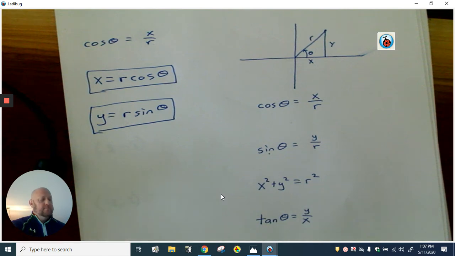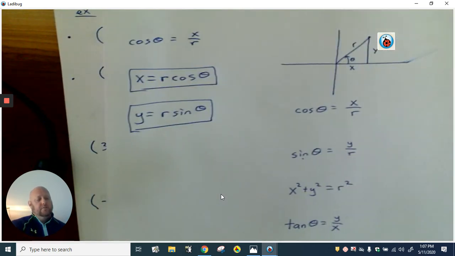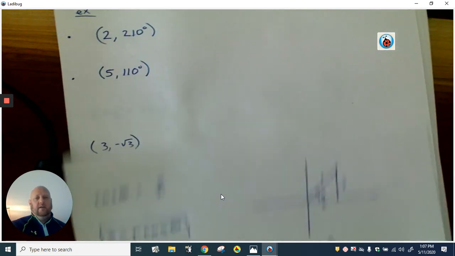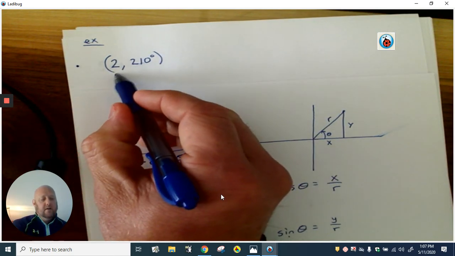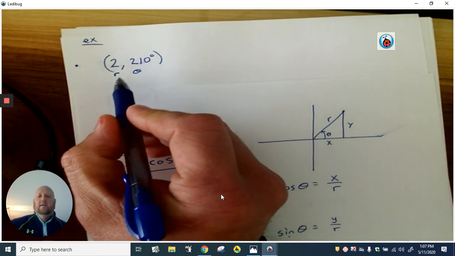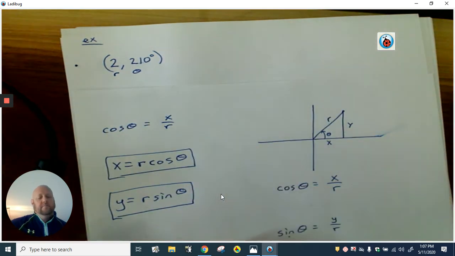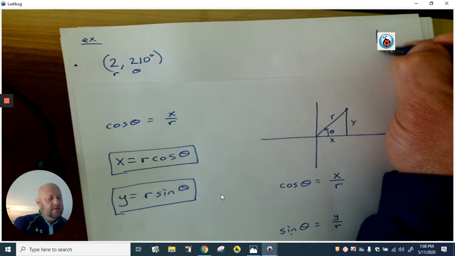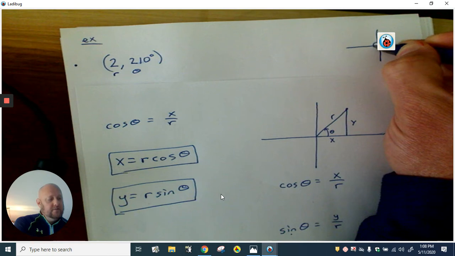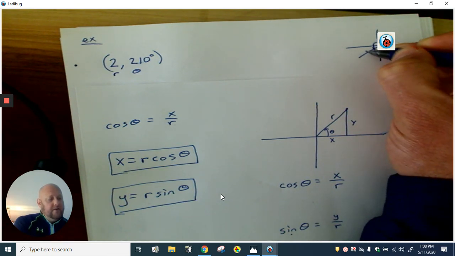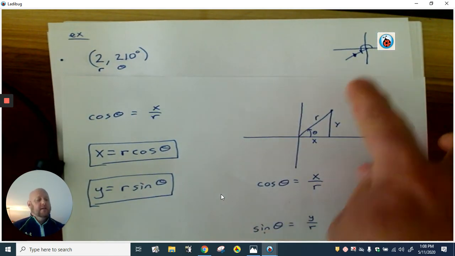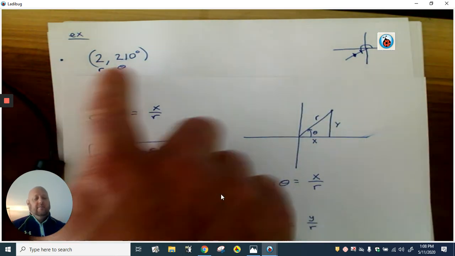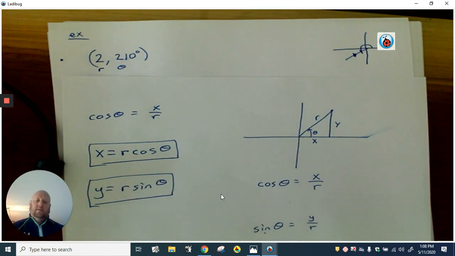So what those will make easy is when, let's say, I'll just do this example right here. I have an r and I have a theta, right? I have a radius and a degree, but maybe I don't want to do it in polar coordinates. I want to figure out that point, and I know it's in the third quadrant because 210 degrees would be down here. If I wanted to figure out the rectangular coordinate equivalent of it, instead of having an r and a theta, if I want to turn it back into x's and y's, I can just